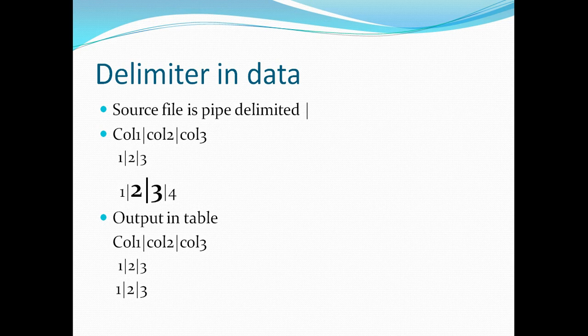So you need to be really careful, and you need to go back to your source system, or design your ETL job in a way that if there is a probable column where you can receive a delimiter as part of your data, you fix that. You should replace that delimiter character with a space or any other value. Guys, this happens in a lot of projects, so you want to be proactive in removing these delimiters, or demand from your source team that no delimiter should be sent as part of the data, and if you plan to send it, you should have double quotes or single quotes associated